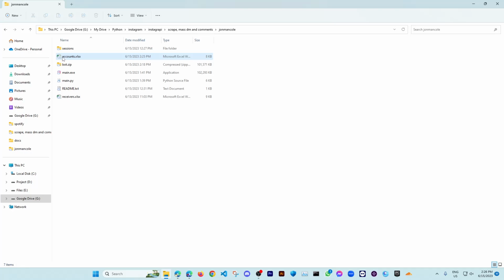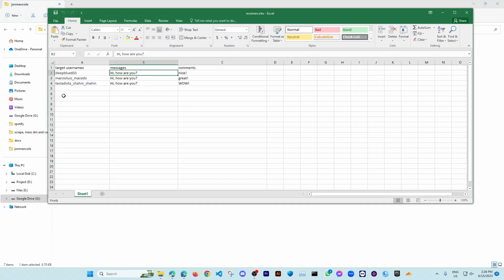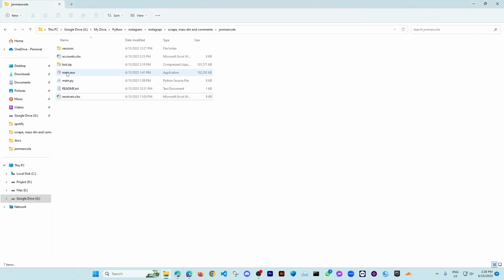Then you need to put your accounts here, all the accounts that you want to use, and then you need to put all your receivers' data here, the scraped data, and then you need to run the bot. Let me show you the receivers data here. So you need to put here the usernames, here the messages, and here the comments, and then you just need to run the main.exe file,